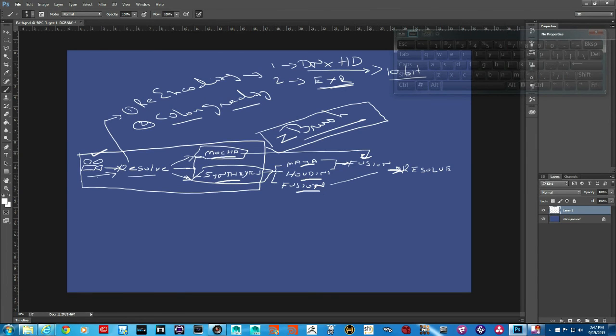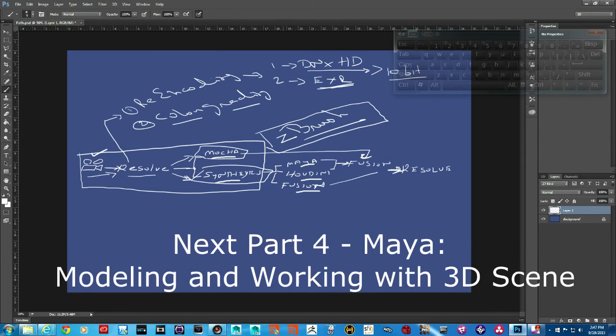And from Mocha we'll go straight into Fusion. But first we'll have to stop at Maya and do some model work. In Houdini we have to do some rigid body dynamics. And in Fusion also we have to do some 3D layout work, and then we'll be ready to comp everything